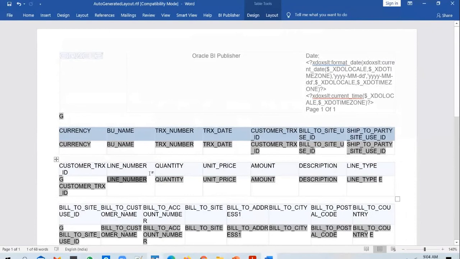To show this in action, how these group tags work, and for you guys also, if you want to practice this RTF, it is not mandatory to have the BI Publisher Desktop software installed.